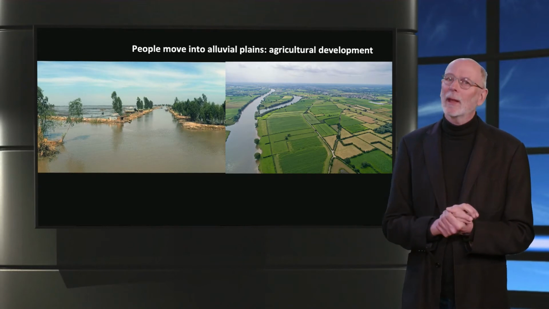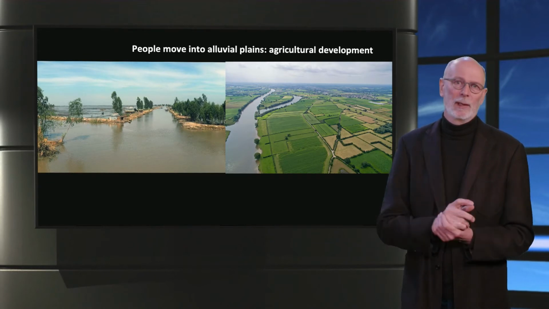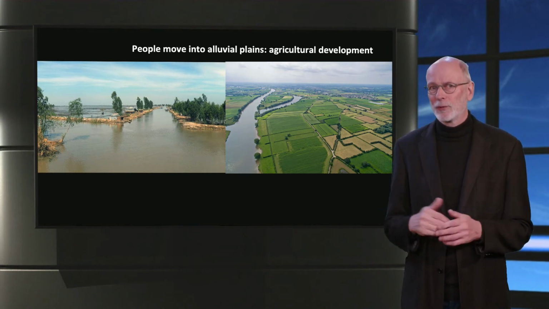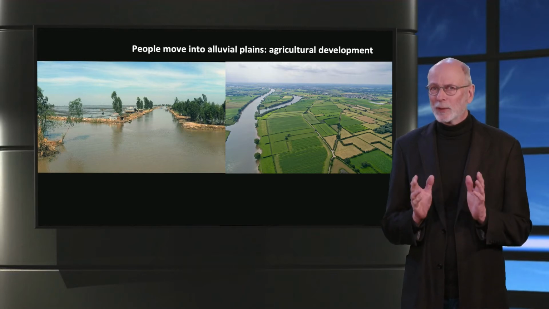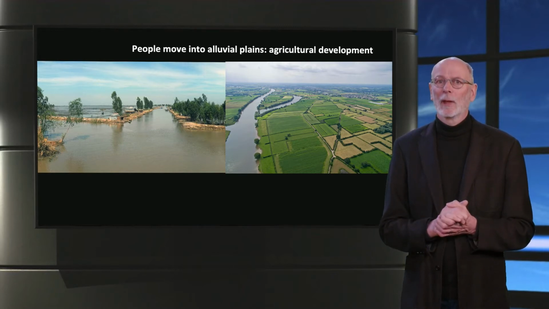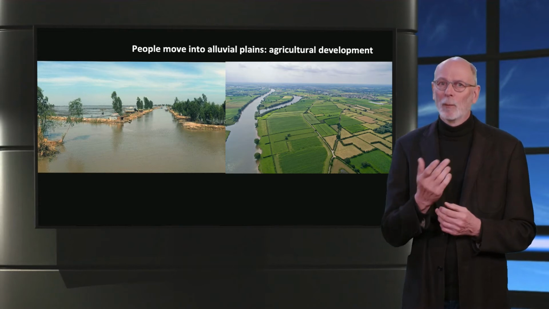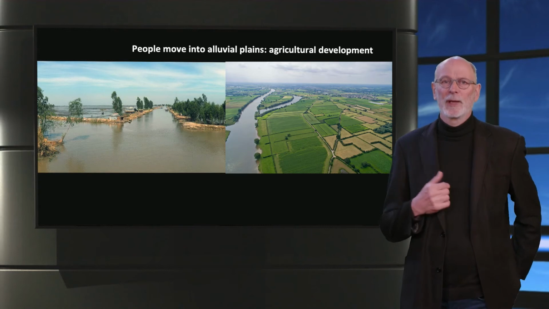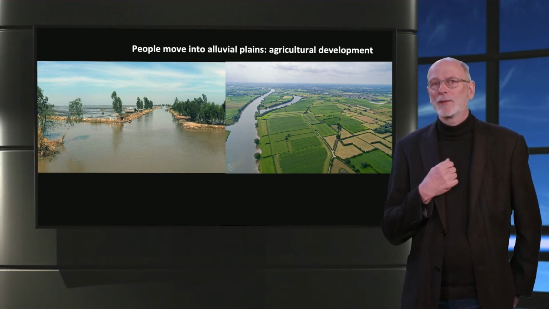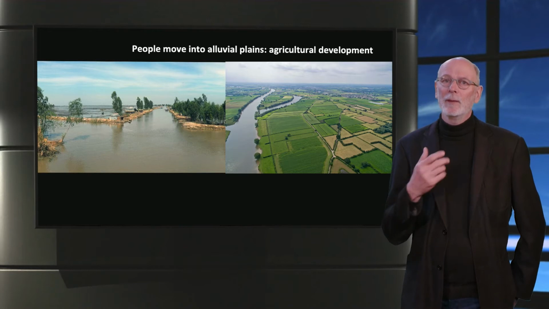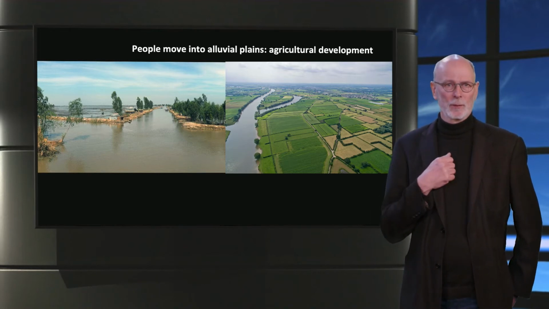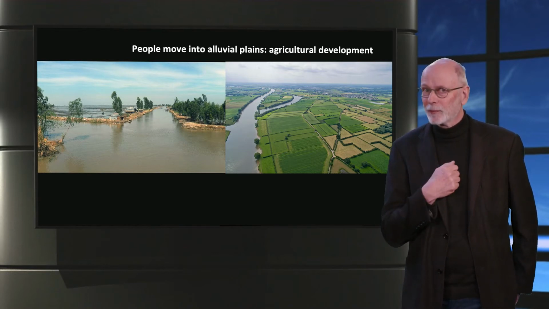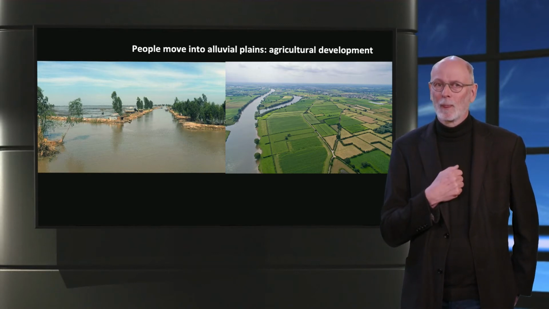In this and the next few sheets, humans are led on stage. First, they were attracted by the fertile soils of the alluvial plains. These were extremely suitable for agriculture, as they gave high yields. And moreover, transport of crops to markets was easy along rivers, as long as you had a boat. This led to the rapid development of agriculture in the alluvial plains and trade along the rivers. But obviously, you had to adapt to the whims of the river, especially floods.